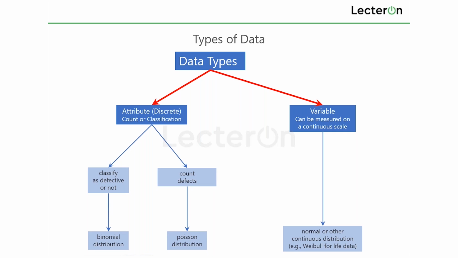As I was explaining earlier, there are more powerful statistical tools available for continuous data. So we should prefer it over discrete data. Wherever possible, we should try to convert the discrete data set into a continuous one. If we have a choice, we should go ahead and do that. So let's explore some examples of discrete data, and see how we can convert that discrete data